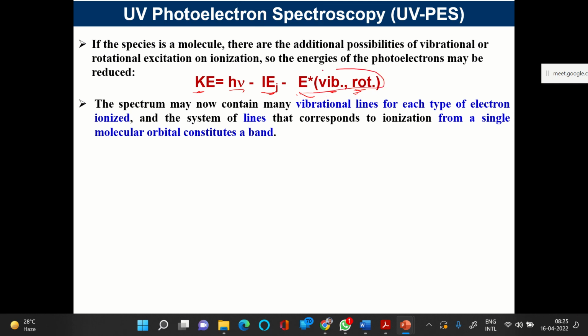And to do so, we must deduct this part, the vibrational and rotational, which is also a type of kinetic energy, a different form compared to the free electron. Some of that energy is imparted to the molecular cation that will be formed due to the taking away of that electron. So in this kind of spectrum, you will also find vibrational lines for each type of electron ionized. Because if you analyze the